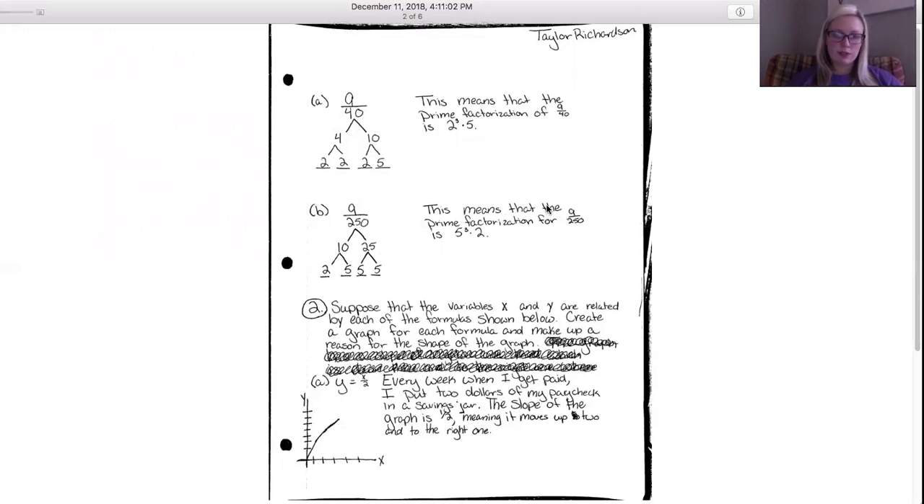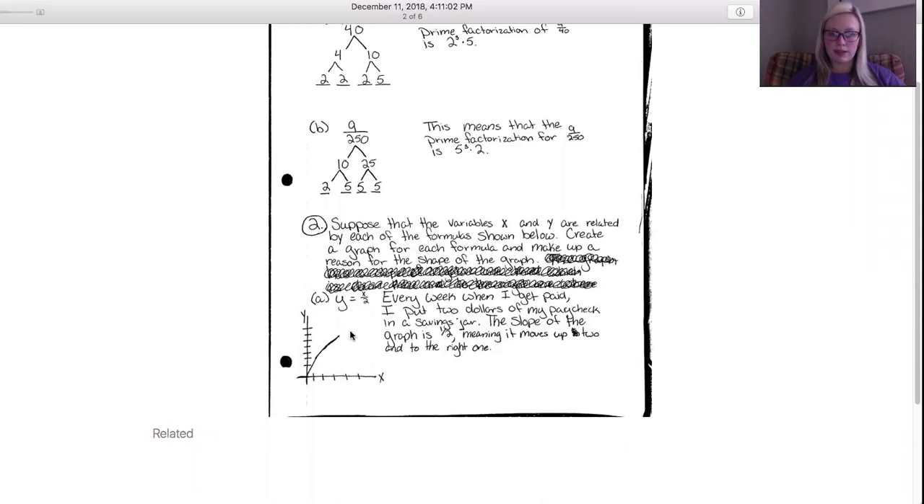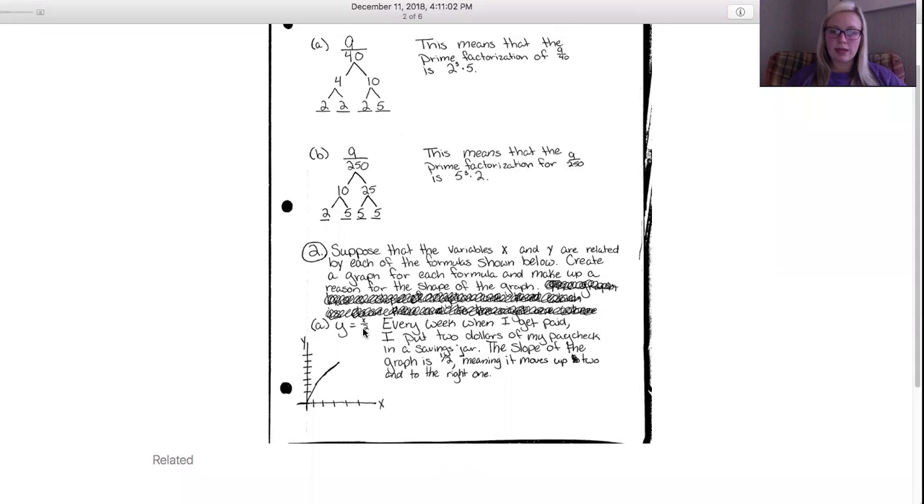And so now we'll move on to question 2. And this one says, suppose that the variables x and y are related by each of the formulas shown below. Create a graph for each formula and make up a reason for the shape of the graph. And so the first formula we were given is y equals x over 2. And so the reason for the formula I came up with,